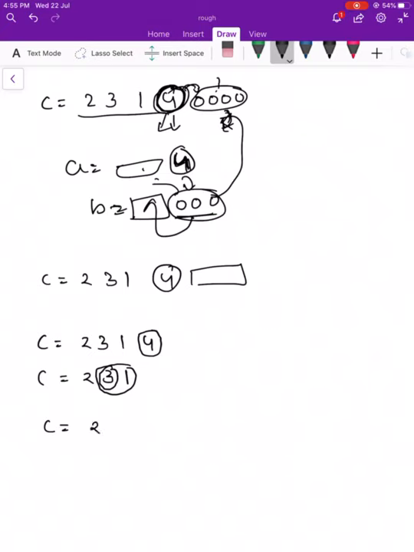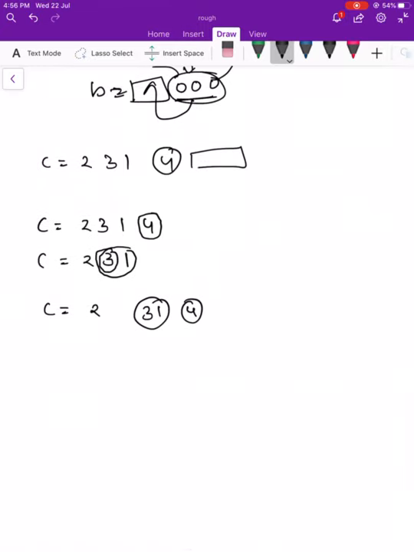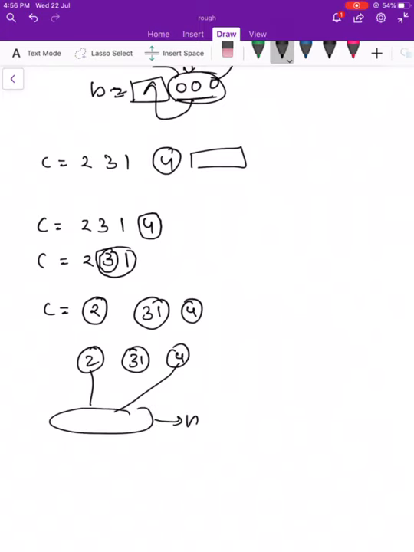So 3, 1 is one part. Now the biggest number is 2, and only 2 is one part. So 2, 3, 1, 4 are the parts. We have to select some of these parts so that the length is n.